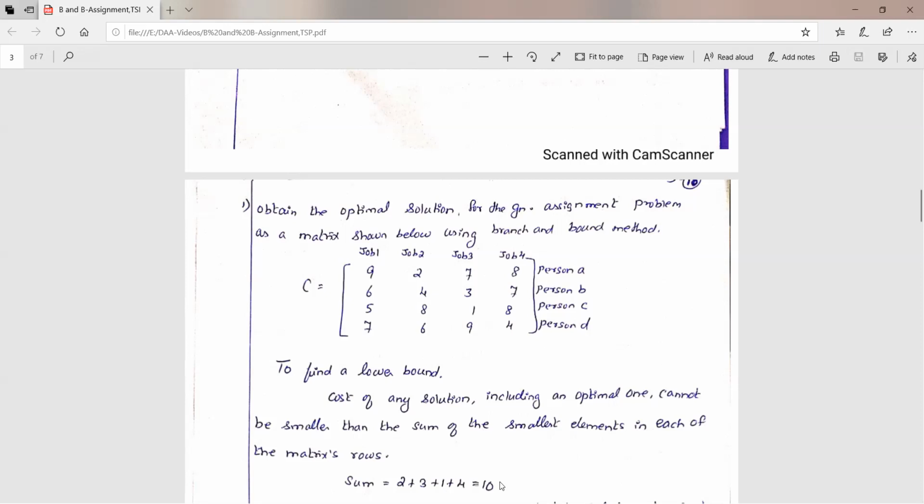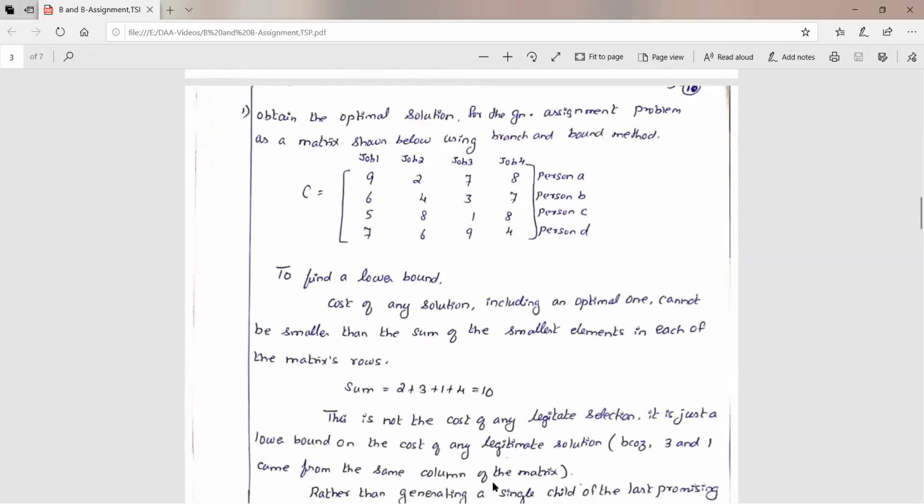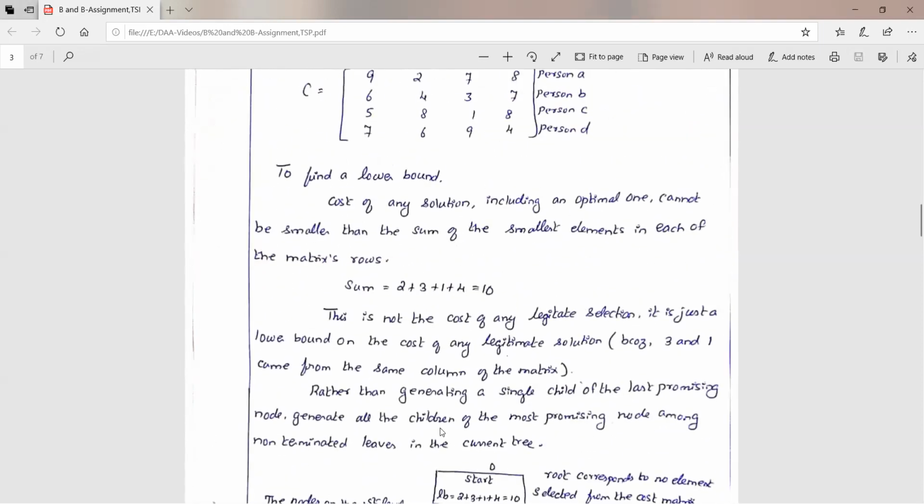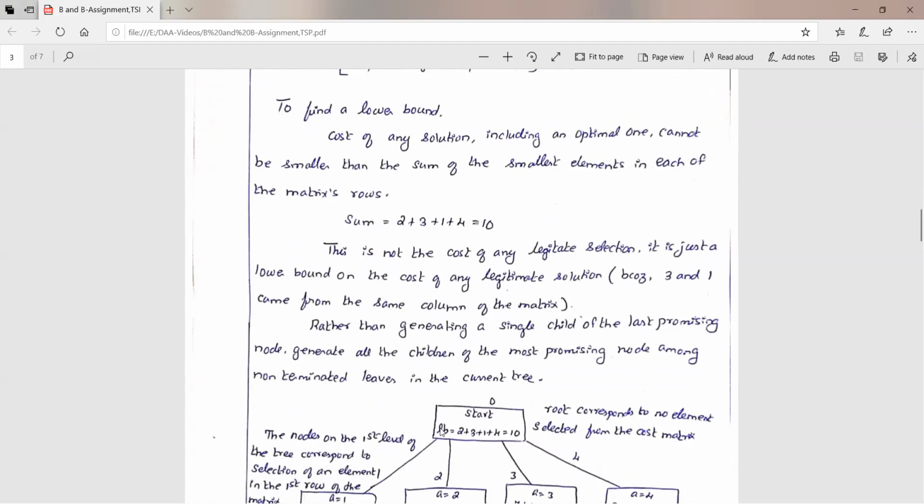The sum is 10, and this is the lower bound value. This is not the cost of any legitimate selection. The cost may vary, but it will not be less than this particular value. This is just the lower bound value.